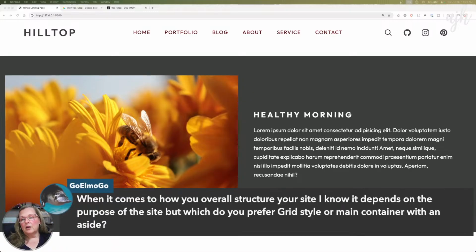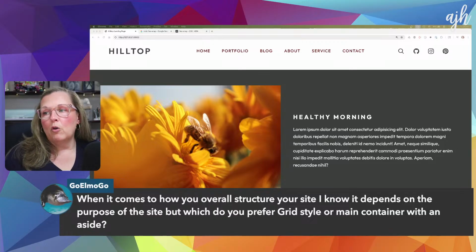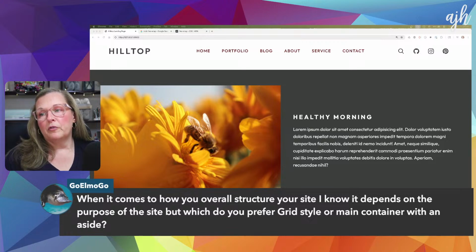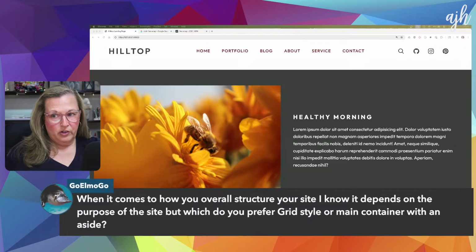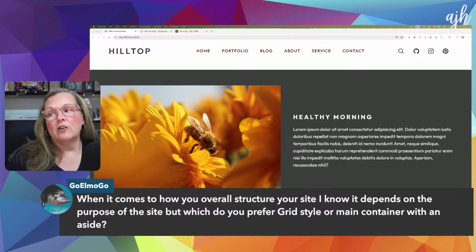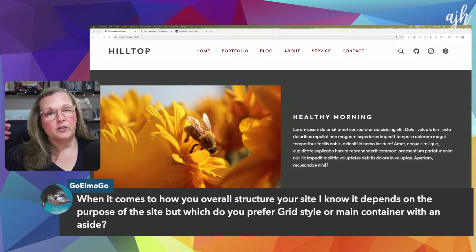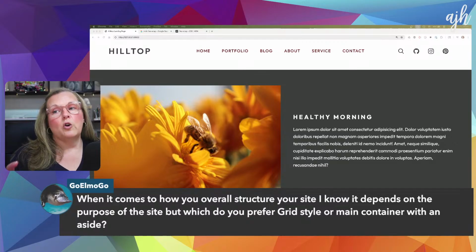So Elmo Go says, when it comes to how you overall structure your site, I know it depends on the purpose of the site, but which do you prefer, grid style or main container with an aside? I tend to prefer main container with an aside, because, and I think you actually kind of make my point in your question. When I think of main container with an aside, I'm immediately thinking of semantic HTML elements. So I have a main container, and then in my main container, I have a